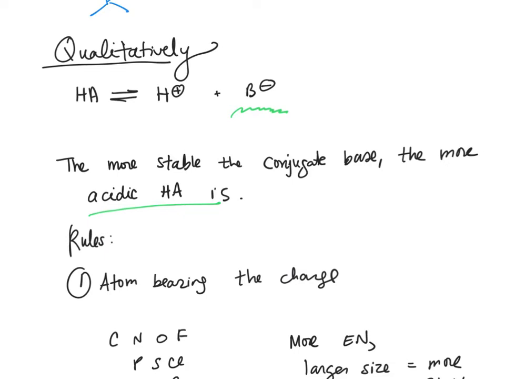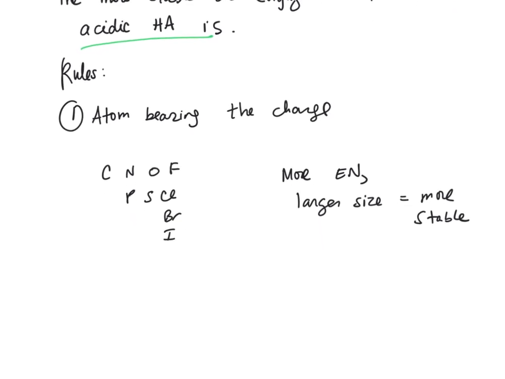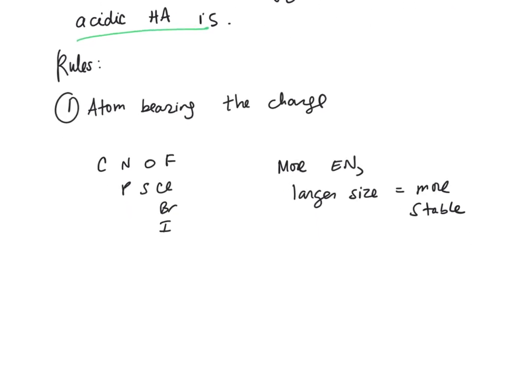There are some rules, there are 5 rules for considering the strength of acids. Your book only talks about 4, but I'll talk about all 5 of them. The first is the atom that's bearing the charge. The more electronegative